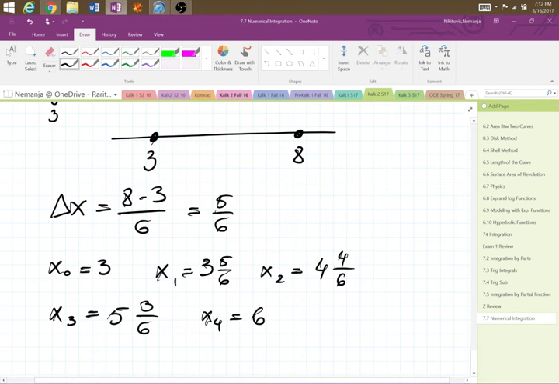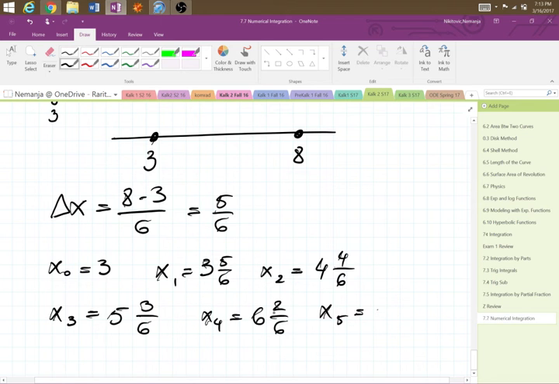Which jumps now to 6 over here, and 8, so that's 2 over 6, right? And then the next one, you're adding 5 over 6, that's x5. You add 5, that's a 7, which is again 1 extra. So you get,